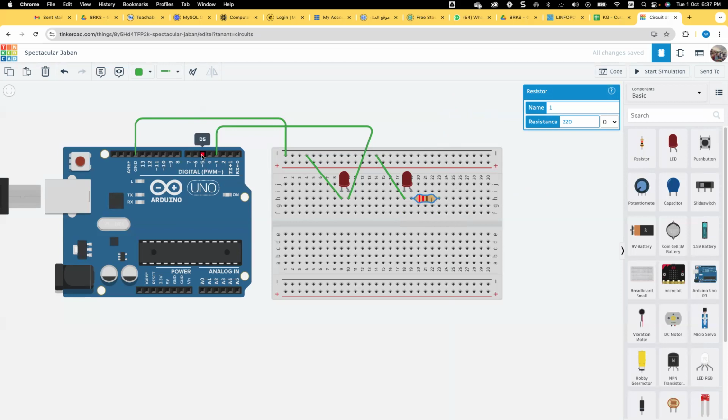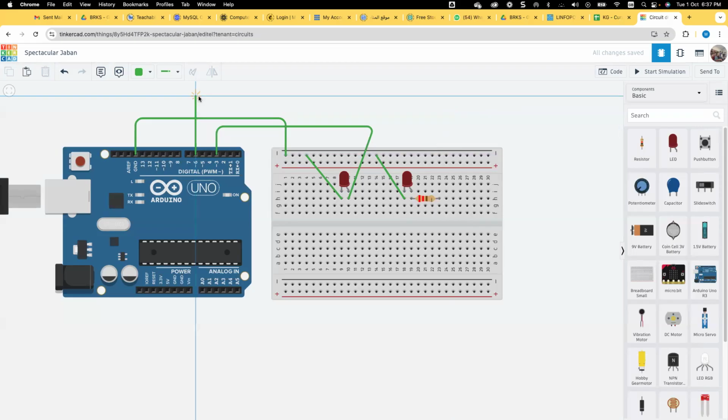So if I go for the LED on digital pin 6 and place it here, now if we are going to explain to students why we have changed the circuit this way, we can tell them that the current going from pin 6 will go through this column, and then it will move through this resistor to this column with a low current in order not to burn the LED.